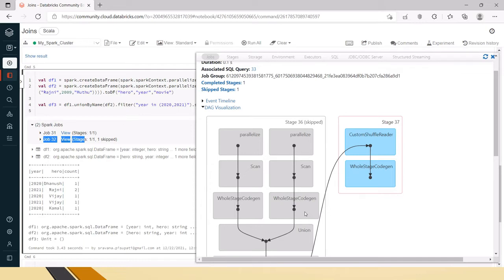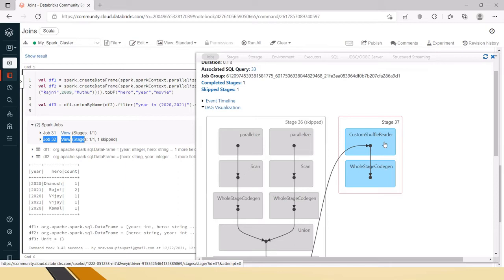So first the driver starts with a logical plan and then converts it into a runtime execution plan, which means that the logical plan will only have what all operations are to be done by each job, but the runtime execution plan will have partition-wise tasks. Like let's say if you have 3 partitions, the same set of steps will be copied to the 3 partitions under each stage. For each job, stages will be divided, then under each stage there are the partitions and the tasks for each partition, and this partition-wise task will be performed parallelly.